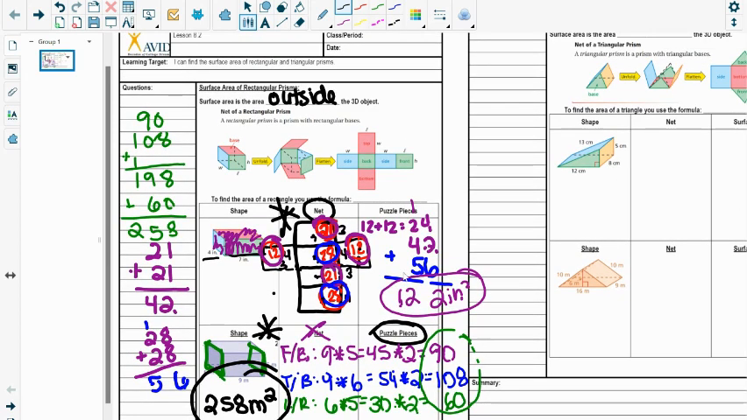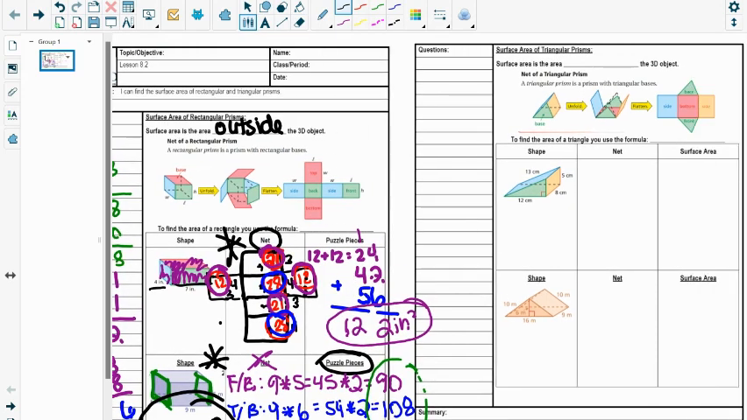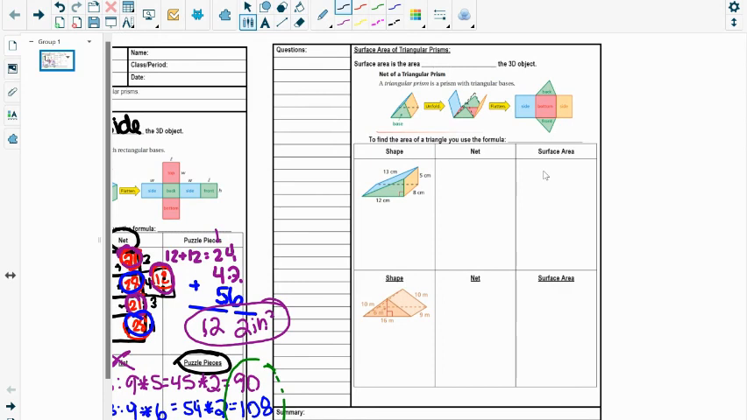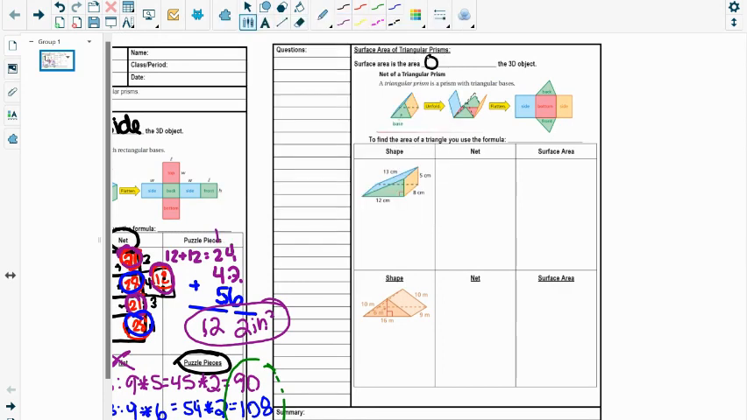So that's the surface area of rectangular prisms. You're just finding the area of every single rectangle, adding them up. Triangular prisms is very similar. Remembering that surface area is the area outside